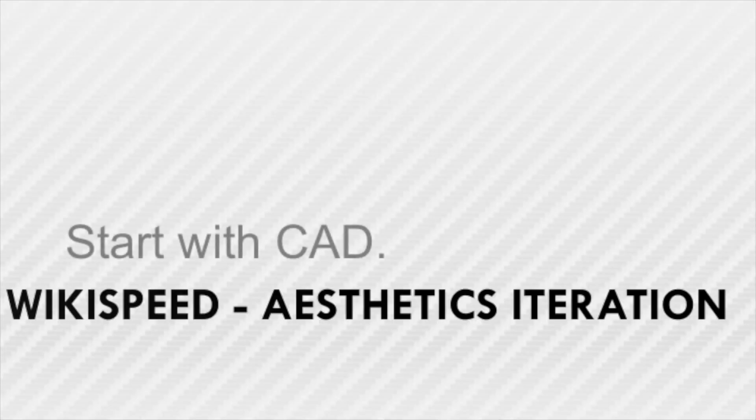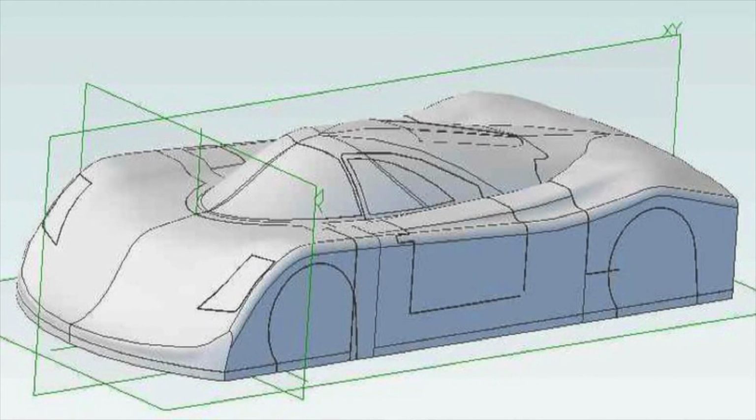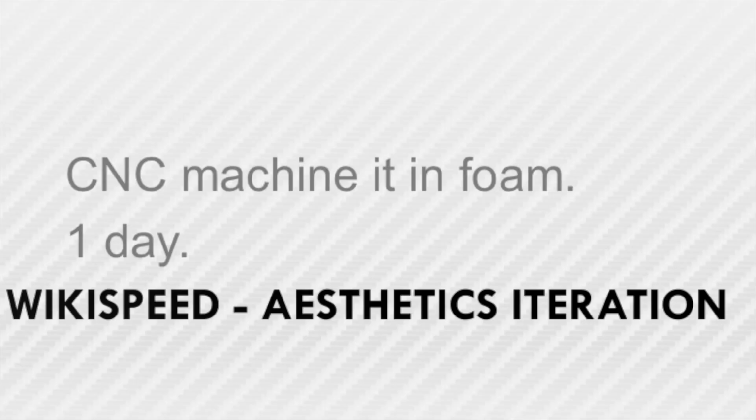Now I'd like to talk about how we make the vehicle a little more pretty, or we try to, every single week. Here's an aesthetics iteration. We start with CAD, or a three-dimensional drawing. Here's one of them developed by Rob Moorbacher in Germantown, Maryland. When he sent this to the team, none of us had ever met him in person. He sent us a link to a SkyDrive box showing, here's a CAD file I drew that I think will fit over the car. We tested that it fit the car, fell in love with it,